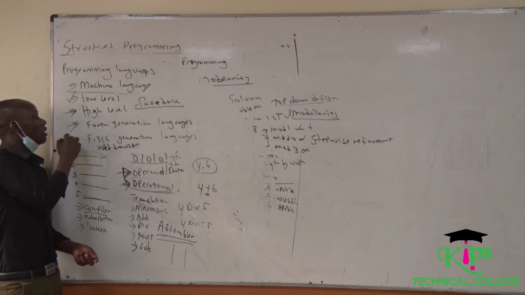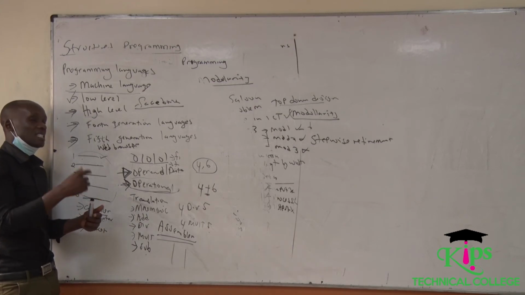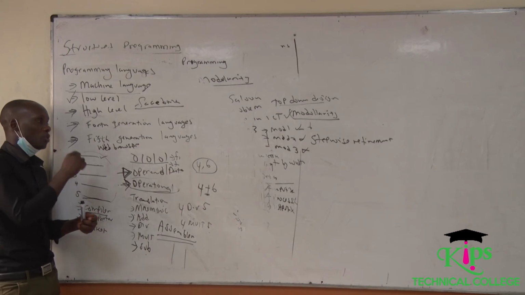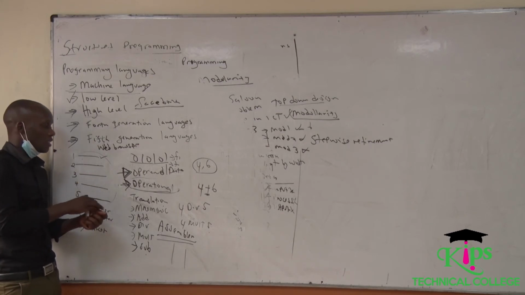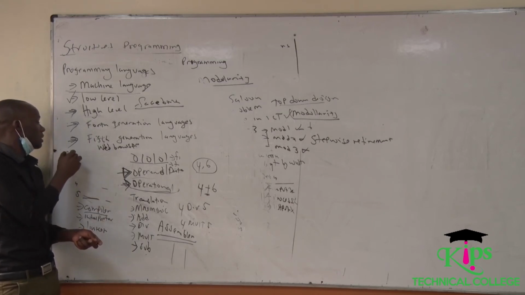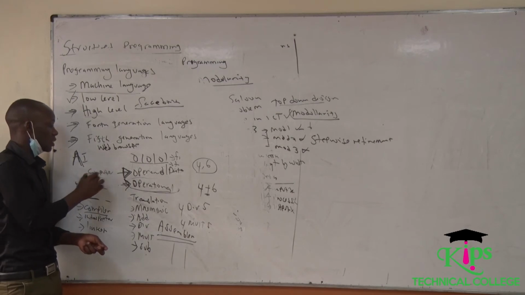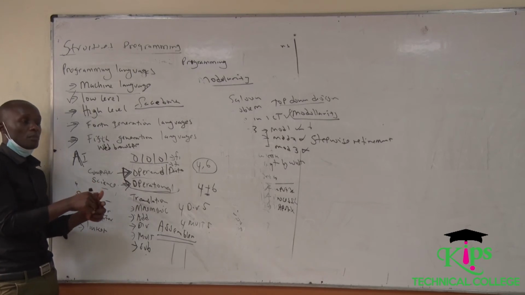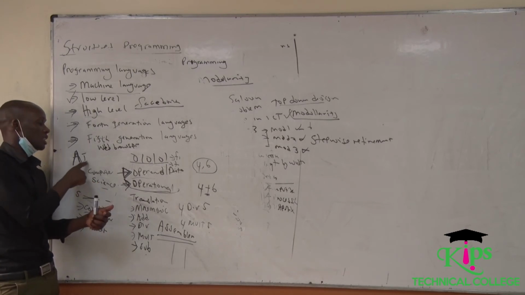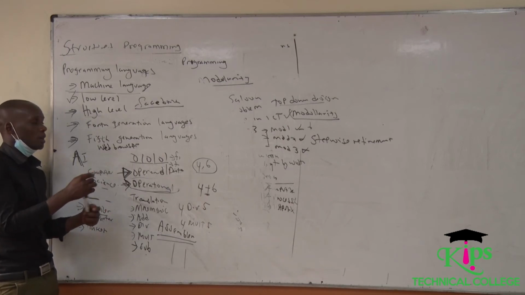Then last, you have what you call fifth generation languages. Basically, these are programming languages that are still in a state of development, although some of them are being applied, and the few that are being applied are in the field known as artificial intelligence. Artificial intelligence is a branch of computer science that focuses on coming up with devices that behave like a human being, that imitate human behavior,